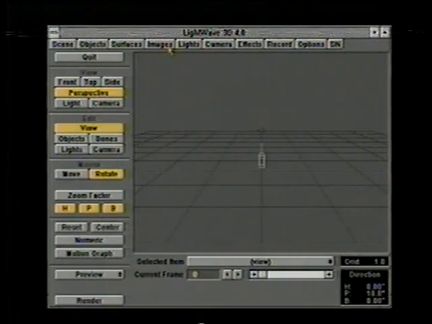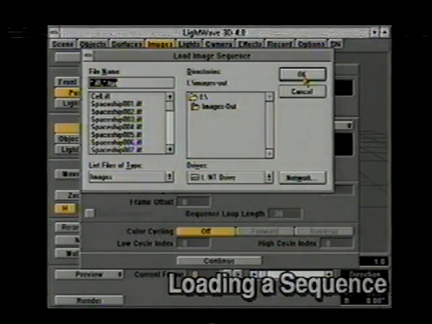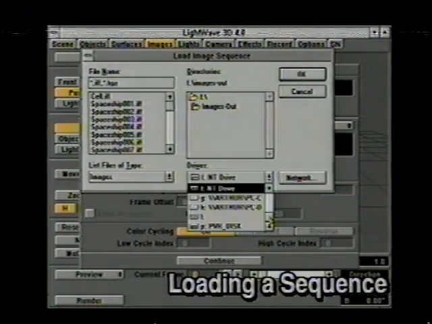Next, I want to talk about a few nice features found in the Images panel. One of the best things about Lightwave is it allows you to use image sequences, which is great for mapping moving video, for instance, onto televisions, or explosion sequences onto explosion spheres that appear in your scenes when things blow up. So what we're going to do is load up a sequence, and I'm just going to go to my